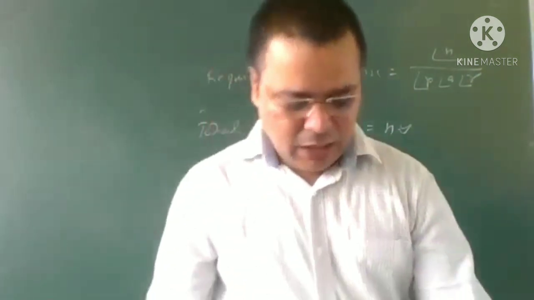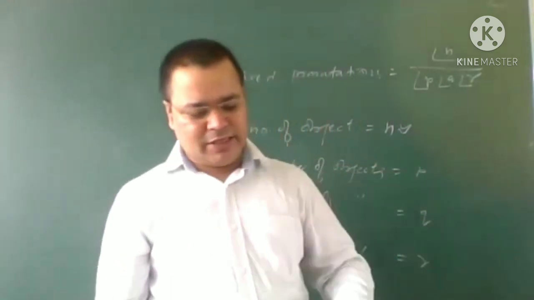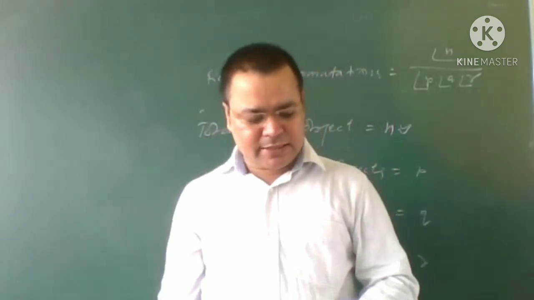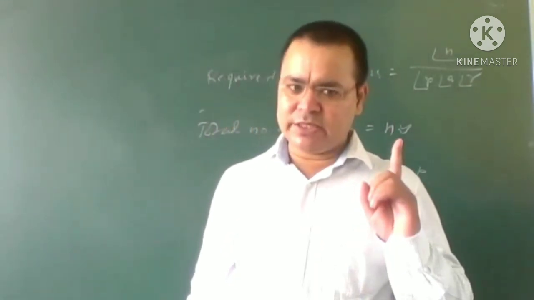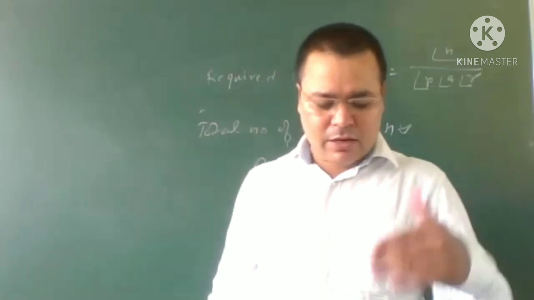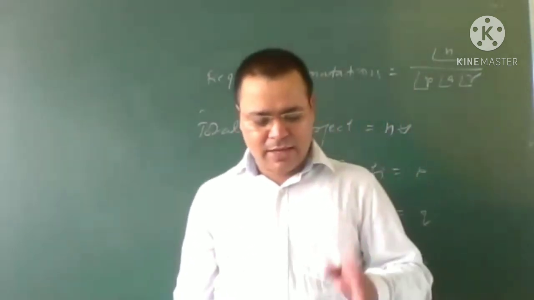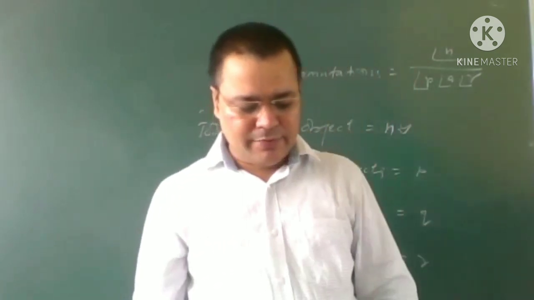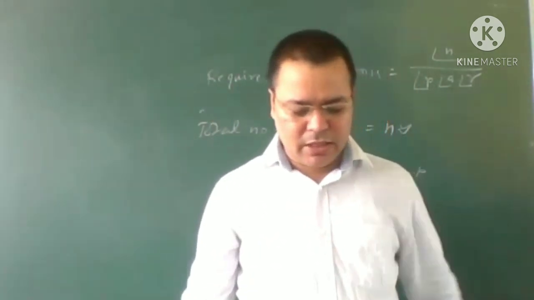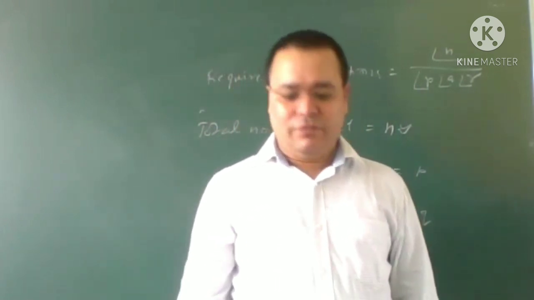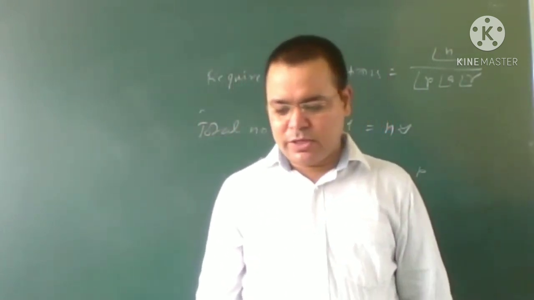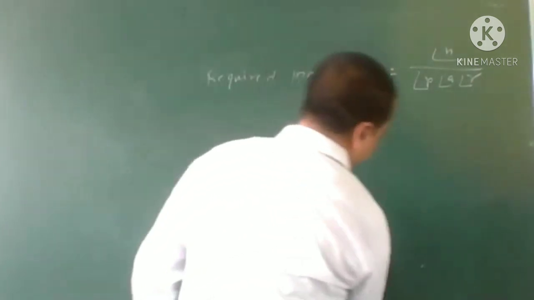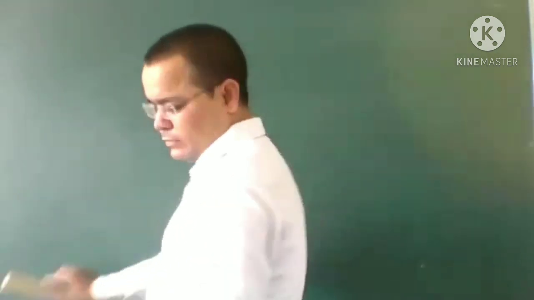According to the theorem, the number of permutations of n objects taken all together, when p of the objects are alike of one kind, q of them alike of another kind, and r of them alike of a third kind, and the remaining all different, means total number of permutations will be factorial n upon factorial p into factorial q into factorial r. One example I'm giving.